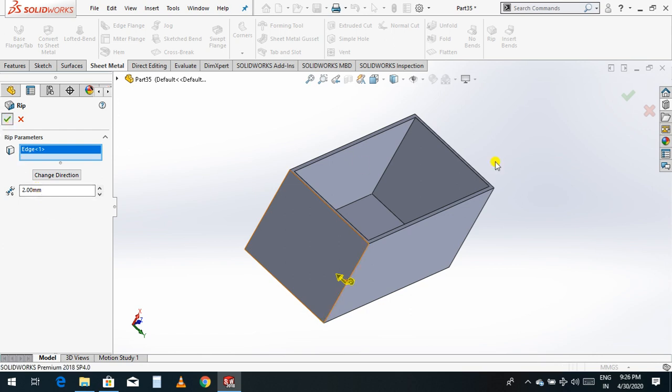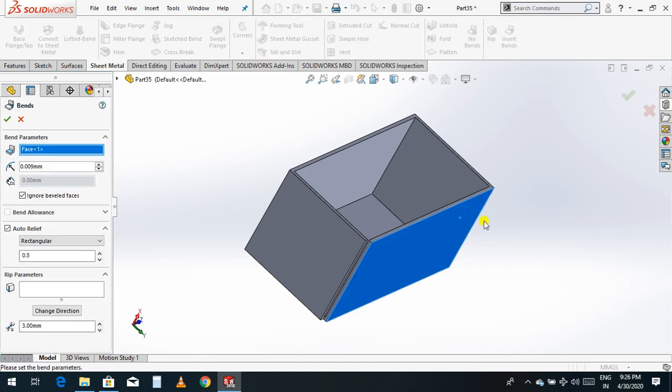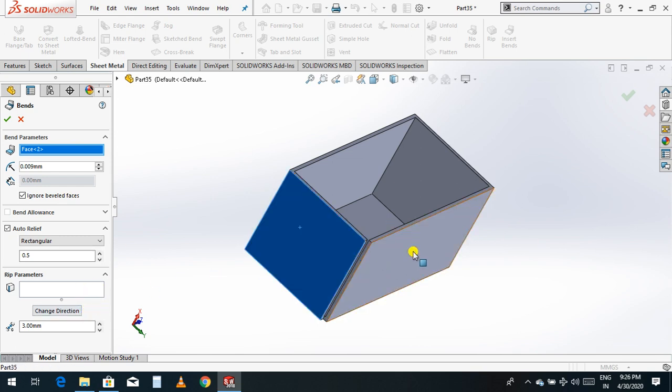Okay, now again you apply this insert, select this face and select the rip.